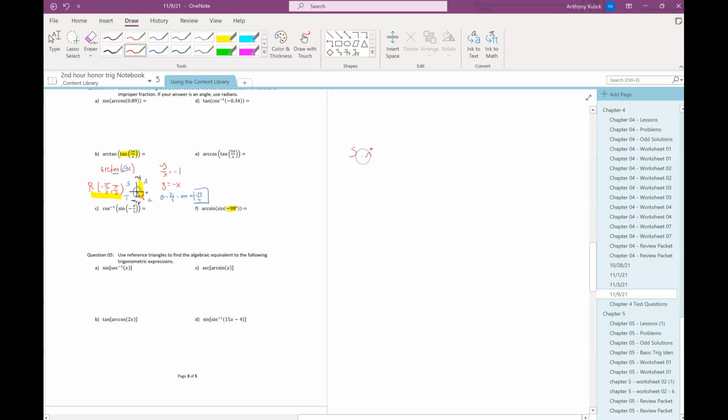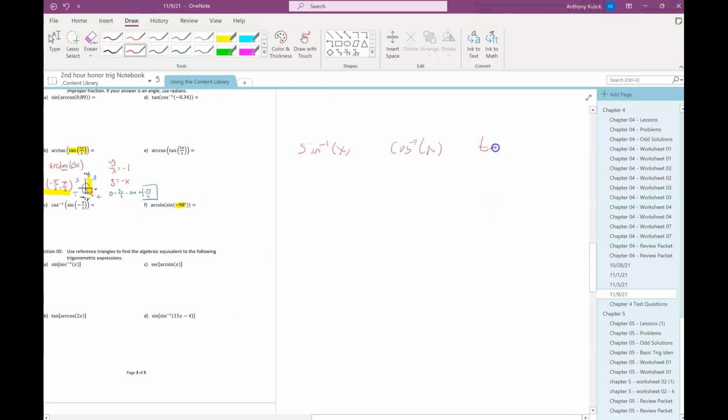So for sine inverse, cosine inverse, and tangent inverse, the domain is, and then the ranges are